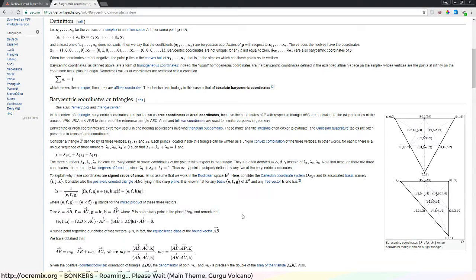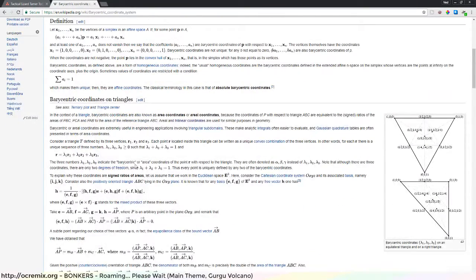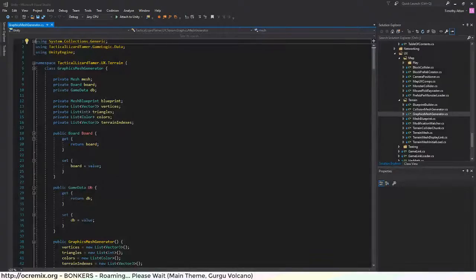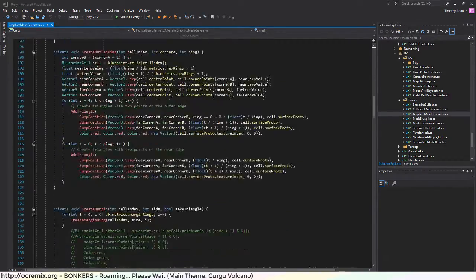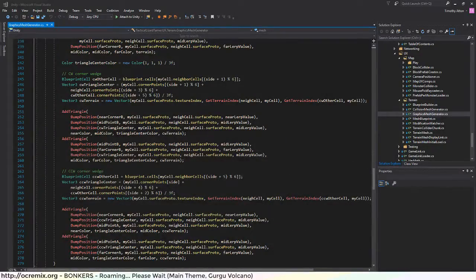And an easy way to average now is you just take what's called a linear combination, which is basically just a weighted average. You can see right here that a point at any point R given by the triangle corner points R1, R2, R3, you just take the barycentric coordinates and multiply it by the point. So technically, to find the triangle center, all we have to do is average the bump height on each corner by 1/3,